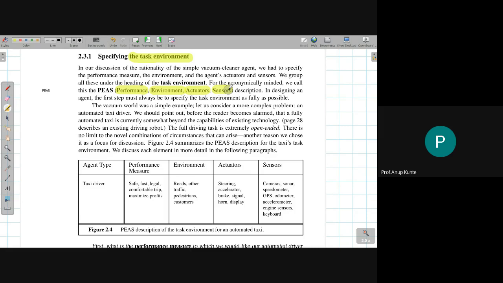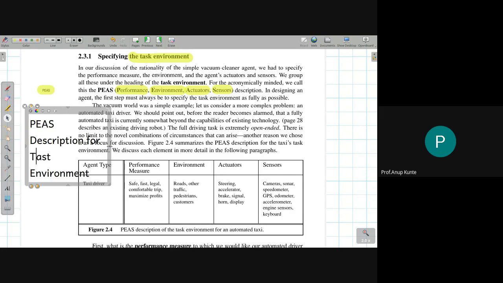Okay, so this particular analysis process is referred to as PEAS description for the task environment. This topic generally is asked in examination many a times, which is referred to as PEAS description. It is a process for describing the task environment. Description for the task environment or agent task environment. Sometimes they refer to it as agent task environment.